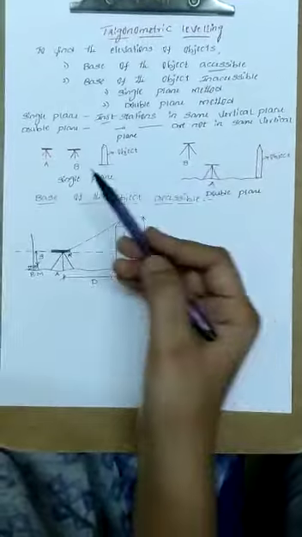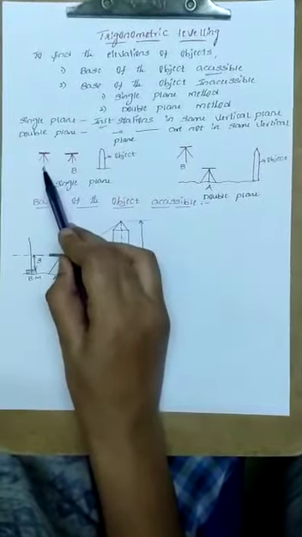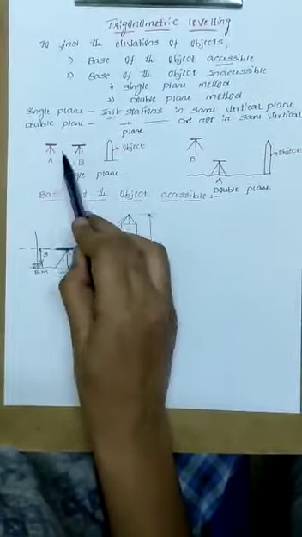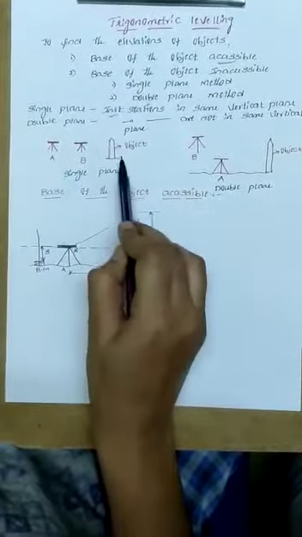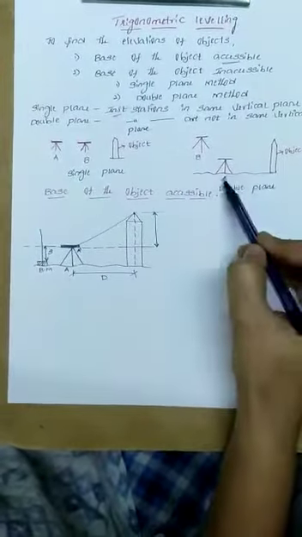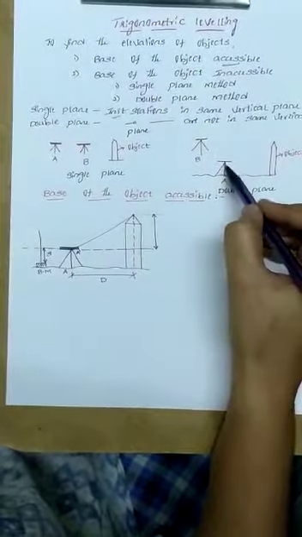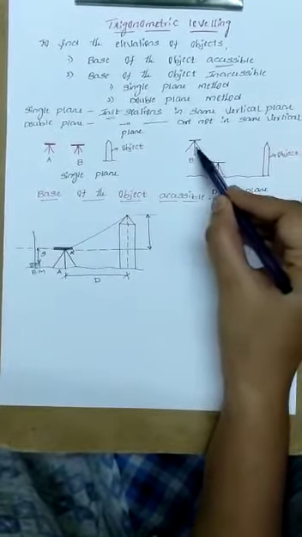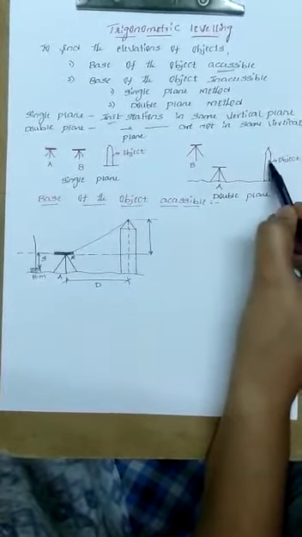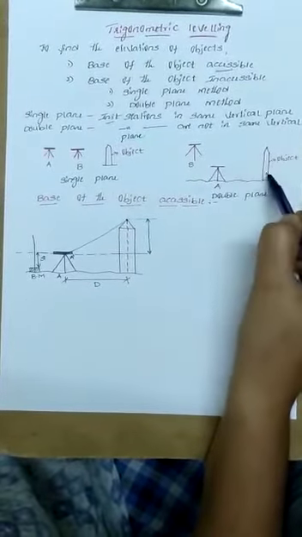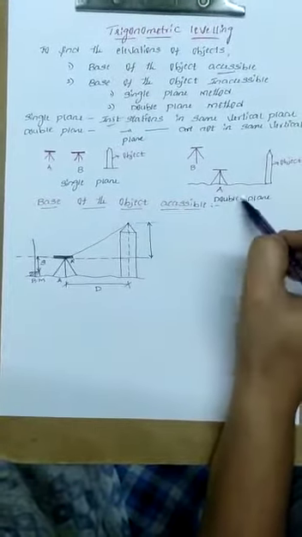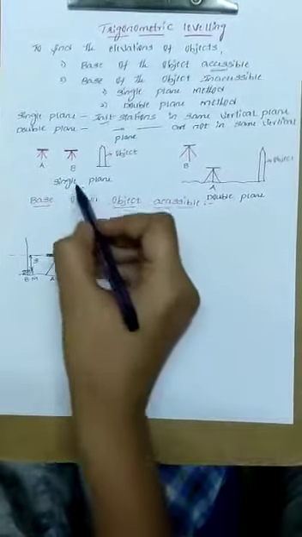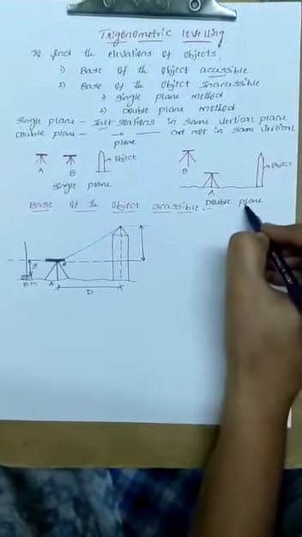You can observe in this figure. See here, the two instrument stations A and B and the object are in the same level, inline with each other. Then you call it single plane. In case of double plane, you can observe here instrument station A and beside that instrument station B. The instrument stations A, B and this elevated object are not inline with each other. That's why it is the double plane method, when the instrument stations are not in the same vertical plane. This is the difference between single plane and double plane.